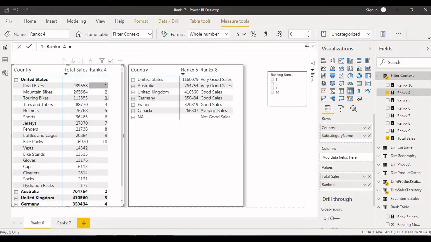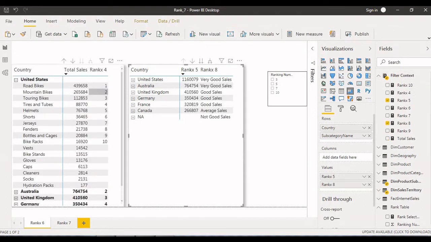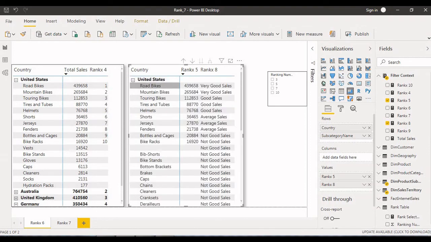So based on that we are getting the result, but in this case, instead of displaying ranks here, I'm just displaying the sales in rank x5. So the rest of all the expressions or functions that I've used within these two measures are identical only. There is no difference at all. Only instead of displaying a rank number here, I'm displaying the sales for the respective country at the higher level. But when it comes to drilling down to the further level, in this context at the subcategory level,